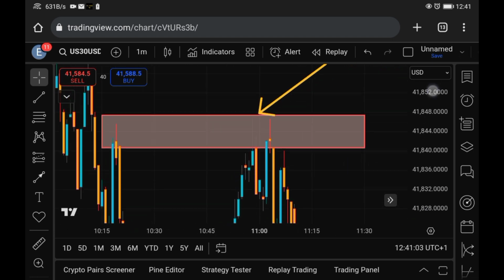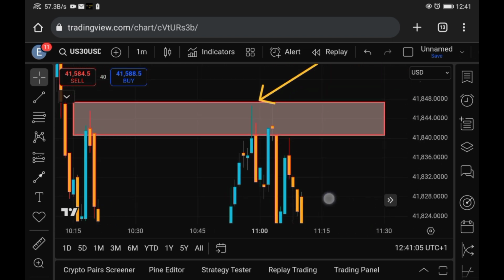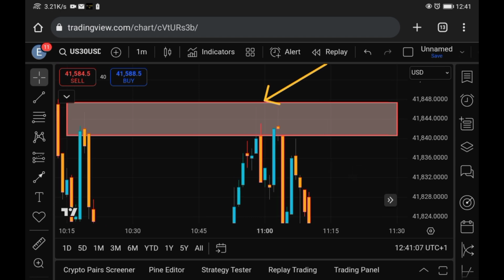So now this is my 1 minute chart. The market was able to come into this 1 minute chart. As it came into this 1 minute chart, it gave us this nice engulfing candle here. Then as it gives you this engulfing, look at this base. There is a candle here. Look at the base. There is a candle. So therefore, we place our trade